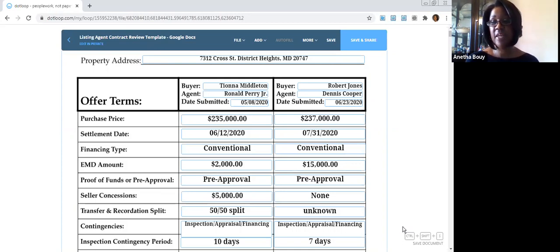So if they can get a full price or over list price offer with no contingencies, versus an offer that may be a couple thousand more but has 3 or 4 contingencies, or special conditions, like changing out the carpet,